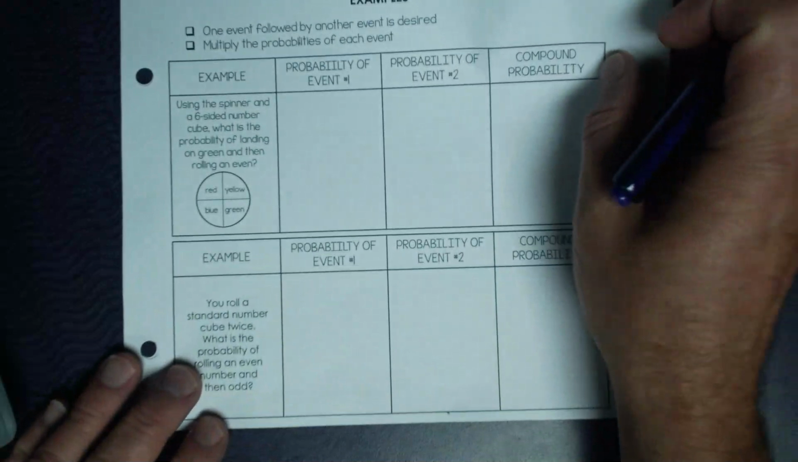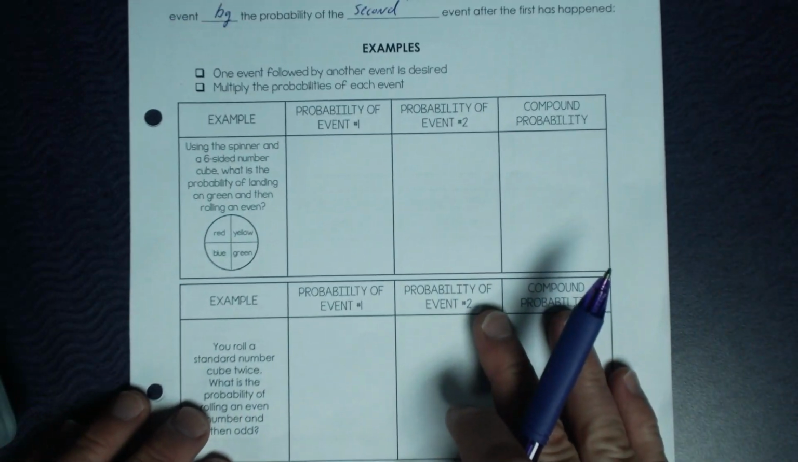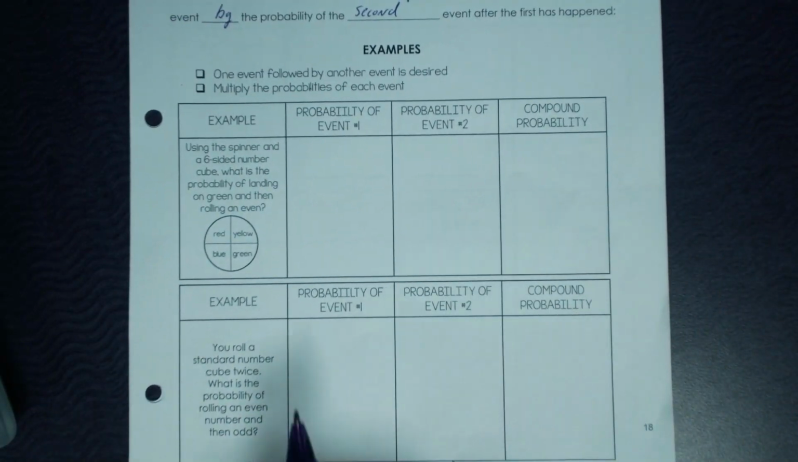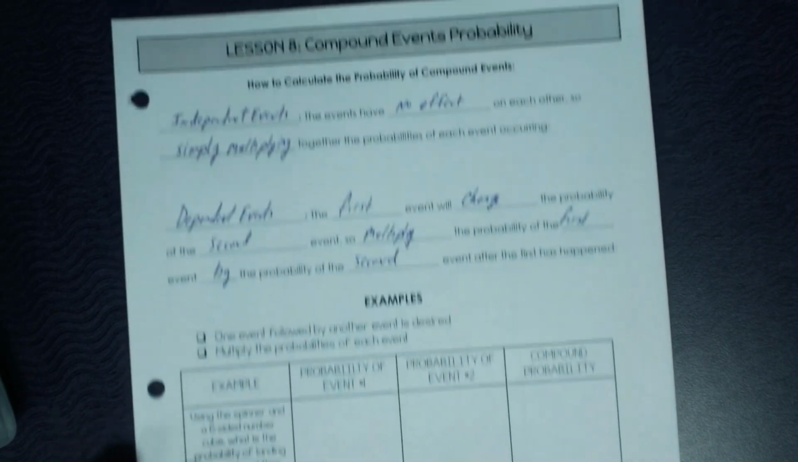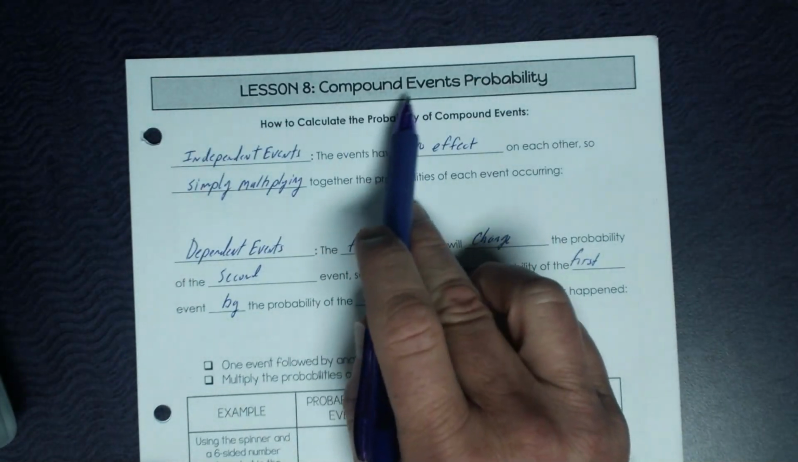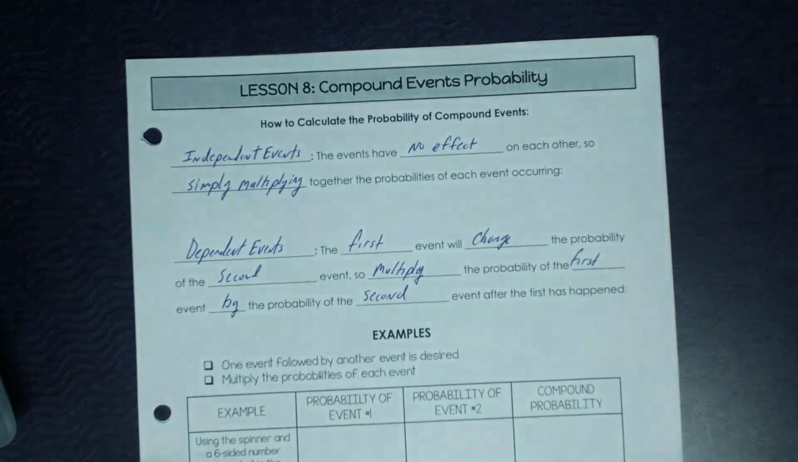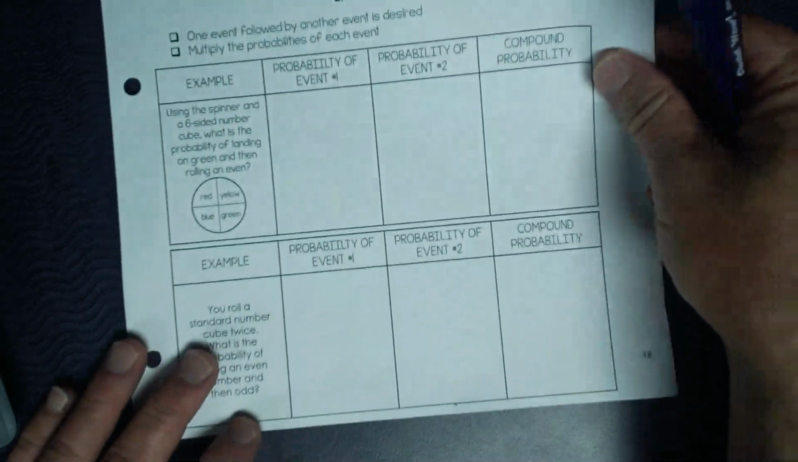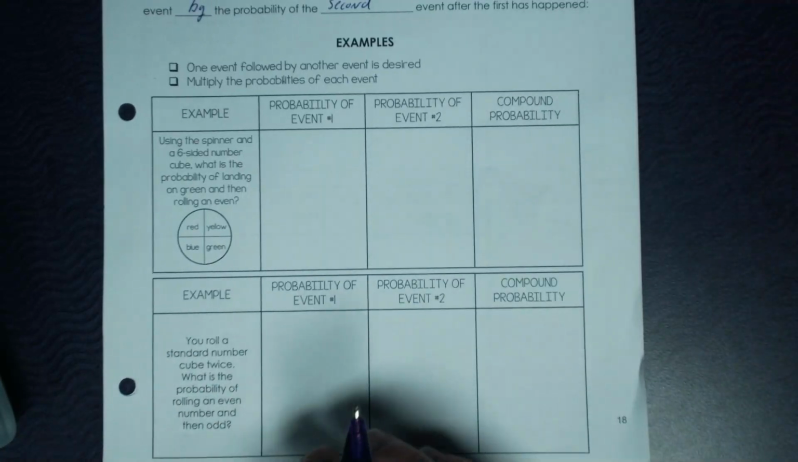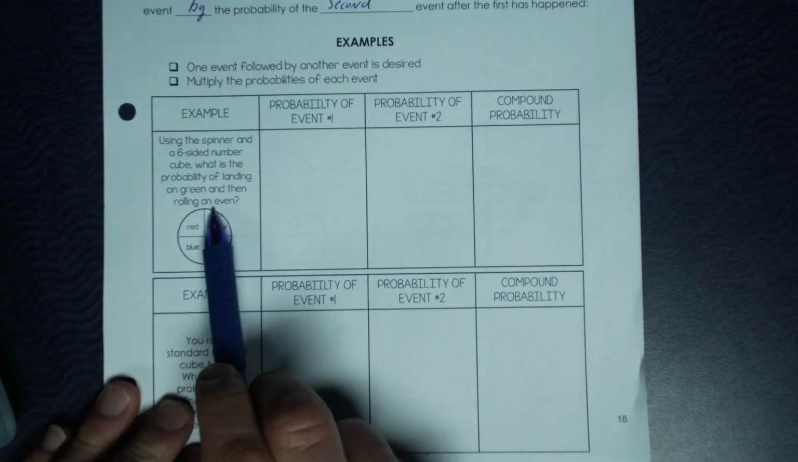Now we're going to go to the examples, and like I said, these definitions will make a little bit more sense. Compound events, we learned yesterday, is when two or more things are happening, like you're flipping two coins or flipping a coin and rolling a dice. So here are the examples. Example 1, it says